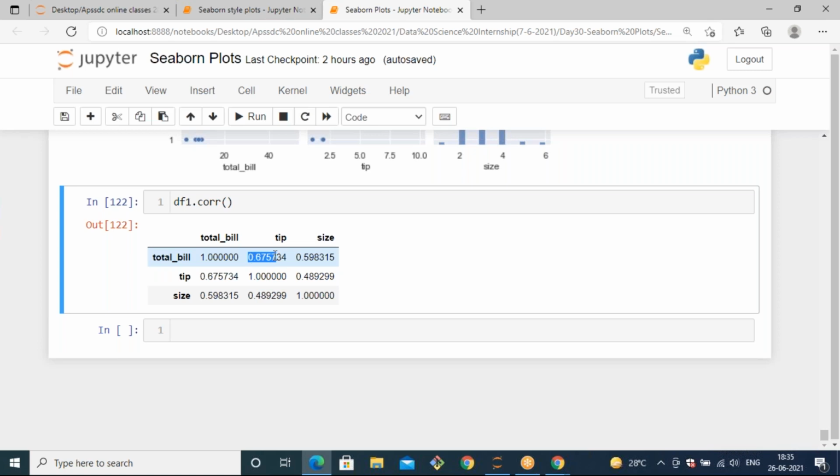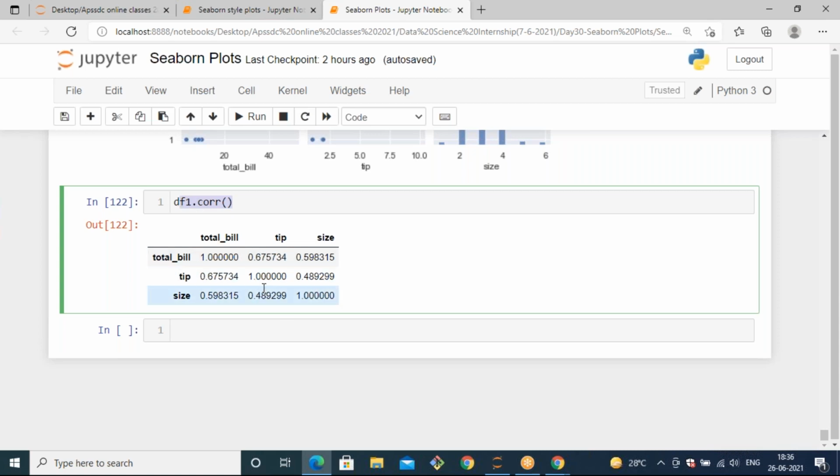So instead of -1 to +1, most of the correlated features will have 0.6 to 1. We will consider the features which have 0.6 to 1. When it is a positive correlation, we will consider the correlation values as 0.6 to +1. And also we are going to consider the features which are negatively correlated. When it has minus values also, we are going to consider those features. And we will use this correlation calculation mostly in upcoming sessions, and there you will get more clarity.